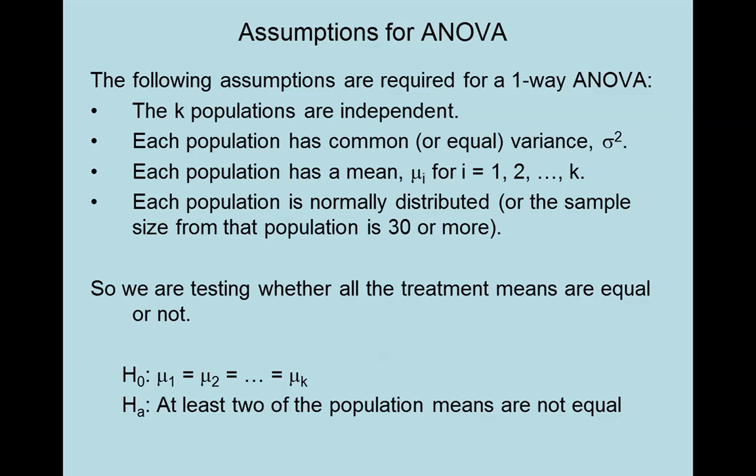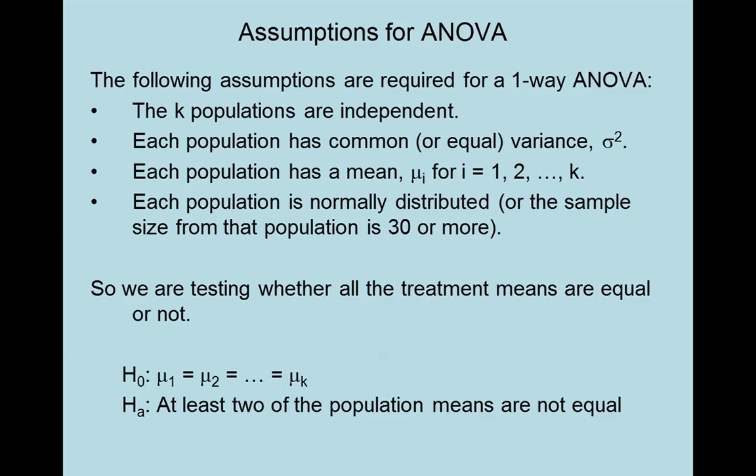Each population has some mean, even though I don't know what it is, right? And we can, in general, write that as mu1, mu2, all the way up to the kth mean. And then each population is either normally distributed, or we want to make sure we have a large enough sample size to believe that the sampling distribution of the mean starts to come into play and everything's going to be